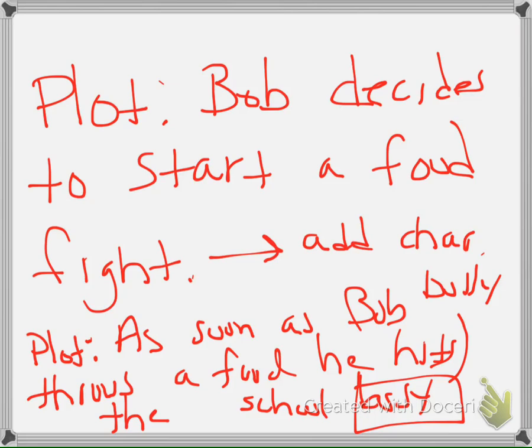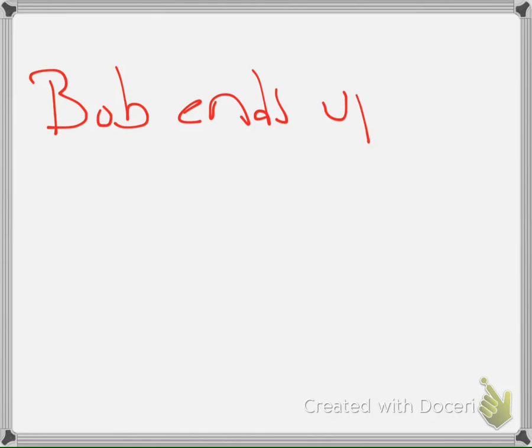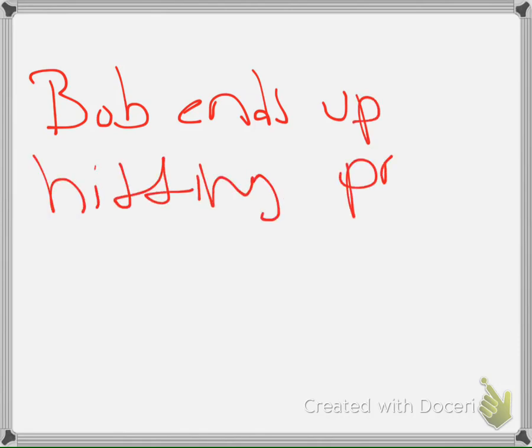All right, so give me another possible solution to create more tension. Jordan, go ahead. Well, I did the same thing, but instead Bob closes his eyes and then throws it at the principal's forehead. Oh, so Bob ends up hitting the principal. Definitely more tension. All right. Anybody have something totally different? Go ahead, Carly. Like when